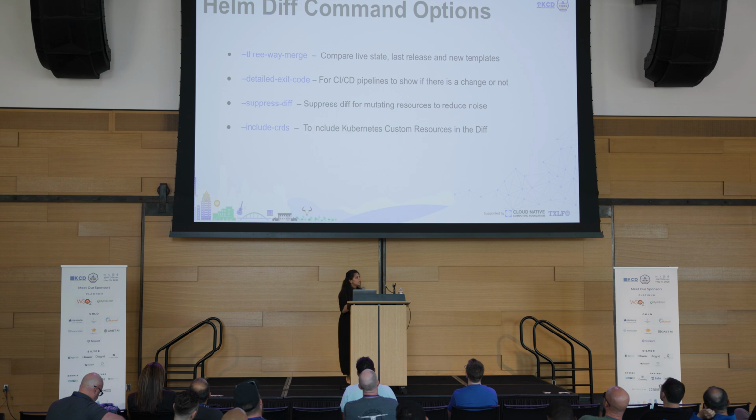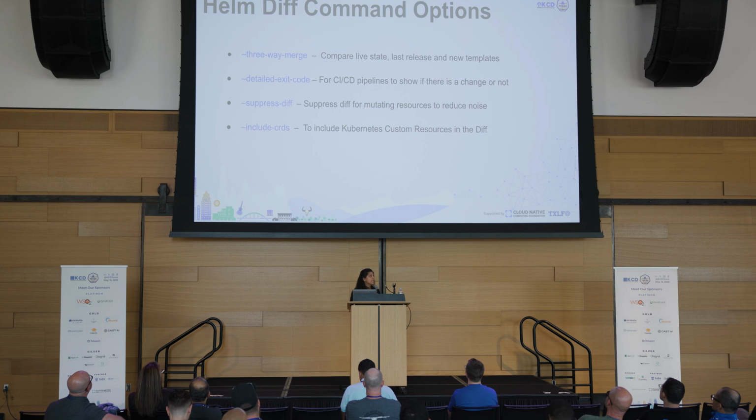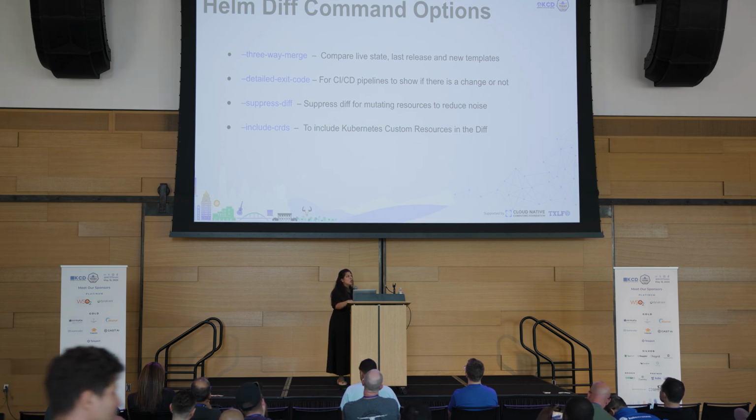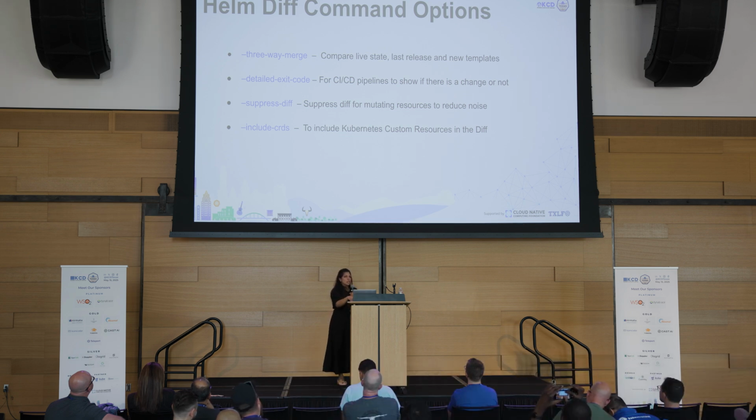Now there are multiple Helm Diff command options that one should leverage. The first one is the three-way merge, and that is the most important one. The reason why I say that, and we are going to go over this just after the slide, is that it tells you the exact live status of what your Kubernetes resources state is on the cluster, what was the last